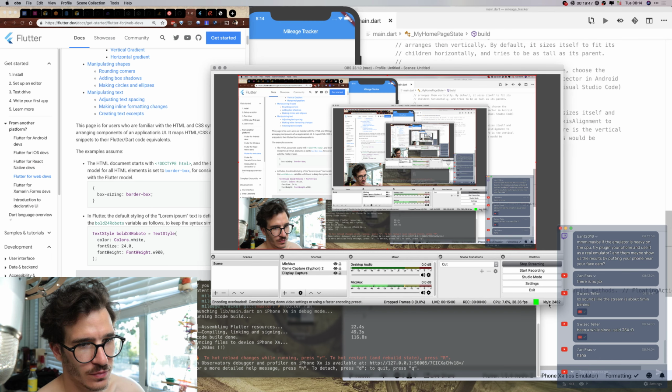Interesting. And my kilobytes per second keep going down and up, which I think is related to